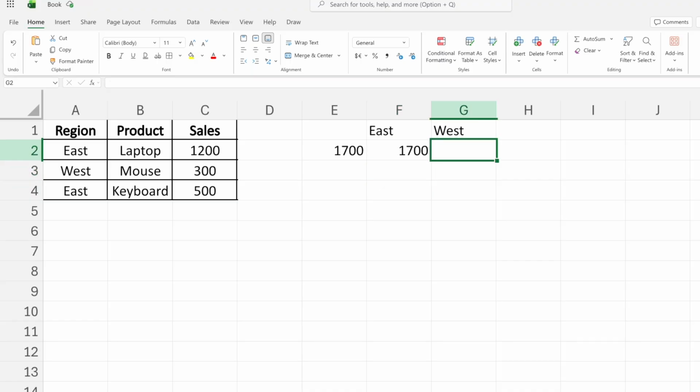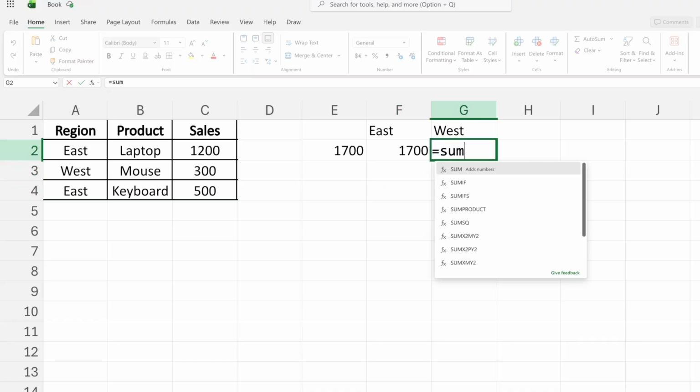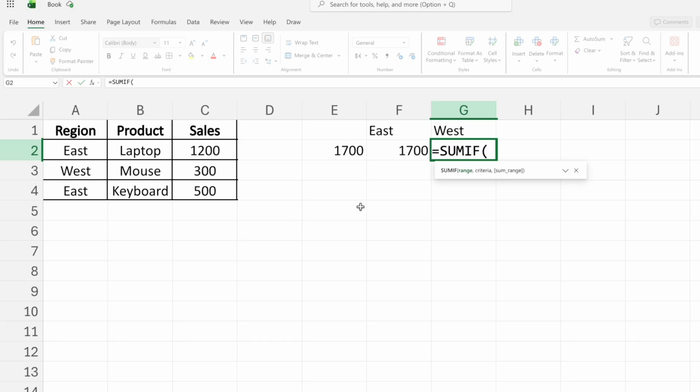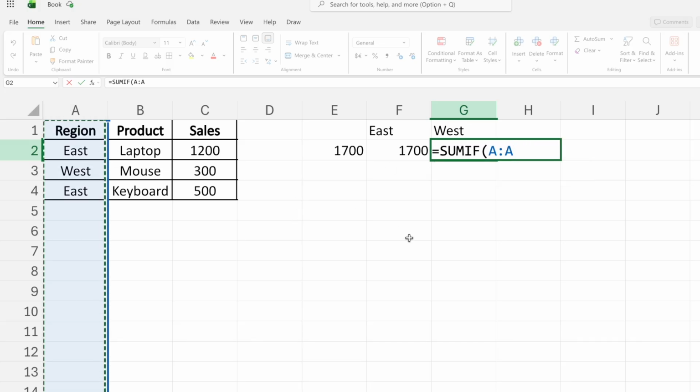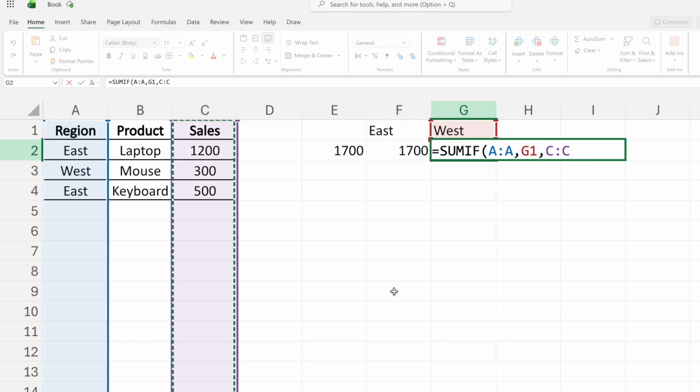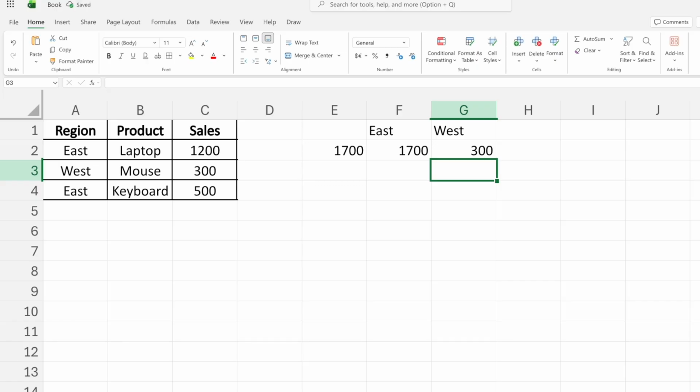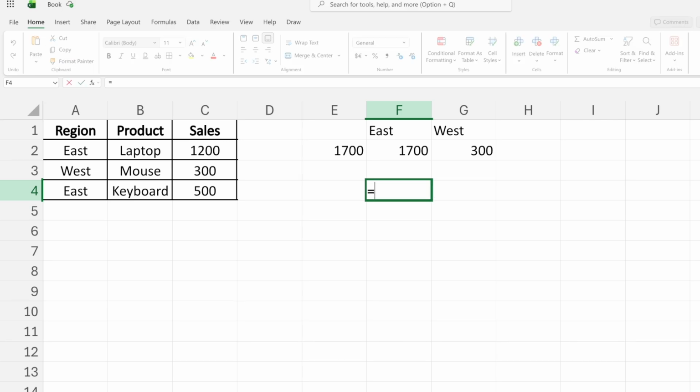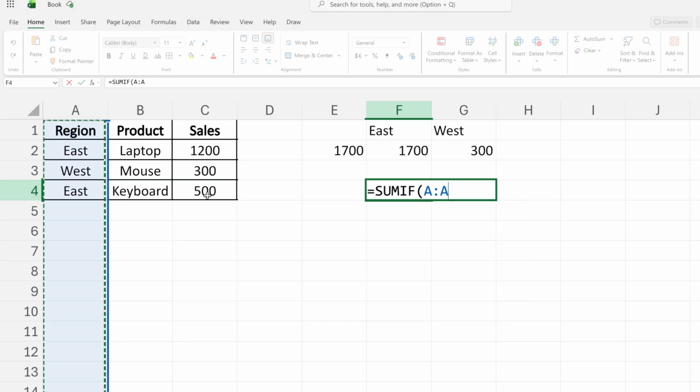We can try the same for West, equals SUMIF. Your range would be region, comma, your criteria would be West, comma, and your sum range would be your sales column. Close the bracket, hit enter. See, you got it. Many beginners write this formula incorrectly, like equals SUMIF, and they select the range, comma,